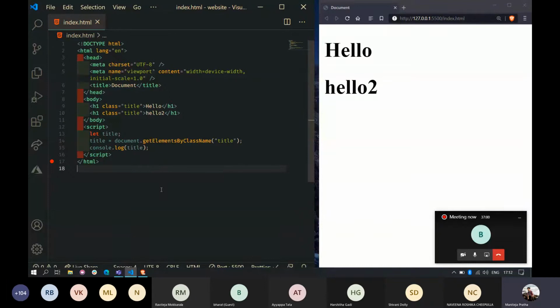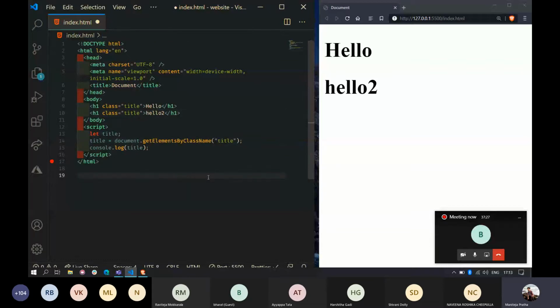Cool. Okay. Now let's go into the next one. Just a brief recap. Till now we discussed getElementById, and the second one is getElementsByClassName. getElementById is used to access a single element. Why? Because the ID cannot be repeated for multiple HTML tags, right? But if we use the class, we can use the same class for multiple tags, right? So that's why we need to use getElementsByClassName.